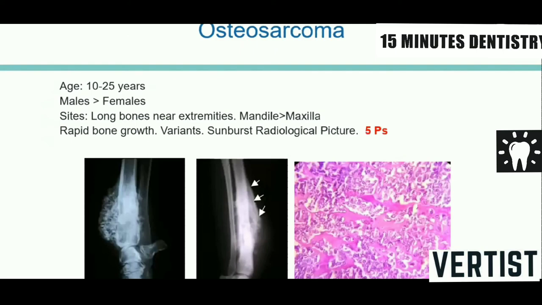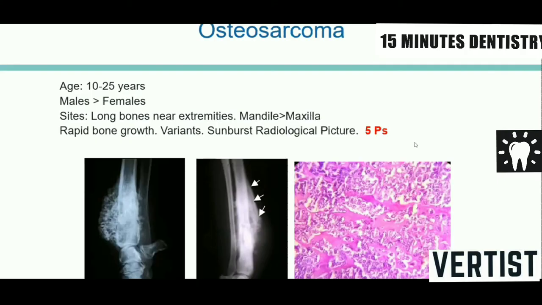Osteosarcoma is a malignancy of bone occurring in the young adults, more in males than in females. They are more common in the long bones and the extremities than the jaws. In the jaws, they are rapidly growing lesions, radiologically seen as a sunburst appearance, which is diagnostic of osteosarcoma. Histopathologically, we can appreciate tumor osteoid, and in close vicinity, groups of multiple anaplastic cells will be seen. Histological variants are the fibroblastic, osteoblastic, chondroblastic, and the hematogenous variant of osteosarcoma.